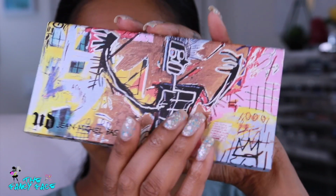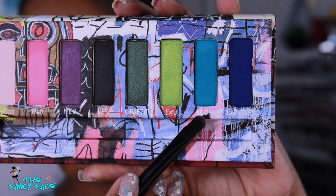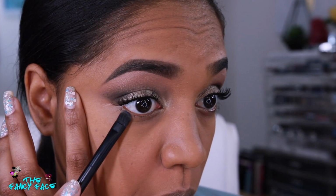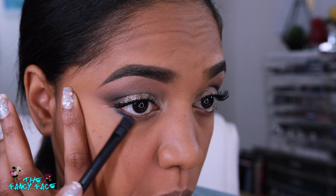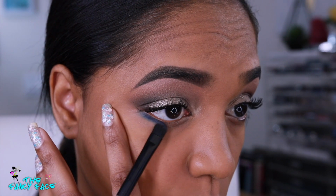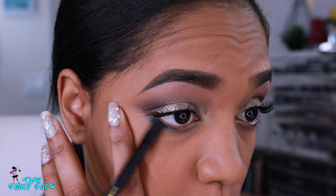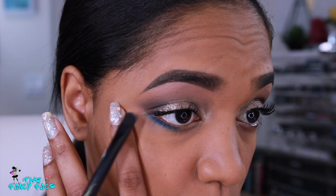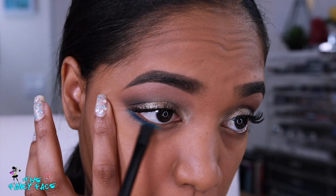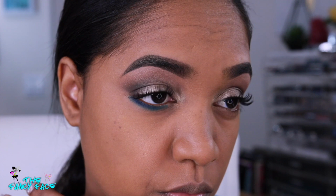Now I'm going to do a little bit more color on my lower lash line. I'm grabbing the Jean Michel Basquiat palette from Urban Decay, and I'm grabbing the shades Boom, which is a bright blue shade, and the shade Untitled, which is a deep navy, to apply to my lower lash line. And I'm just using the brush from the palette for this, and I'm going right up against my lower lash line area first with the dark navy blue Untitled, and really smoking out that lower lash line area. Then I will go in with the shade Boom, which is more of that dark teal blue shade, and applying